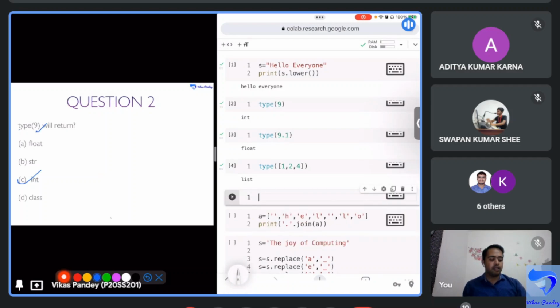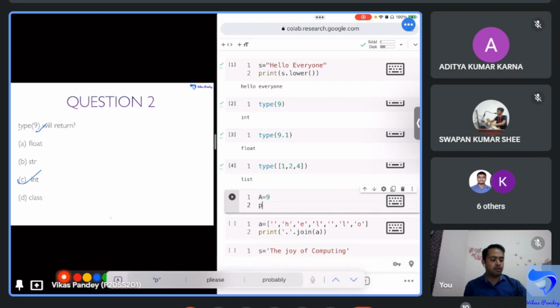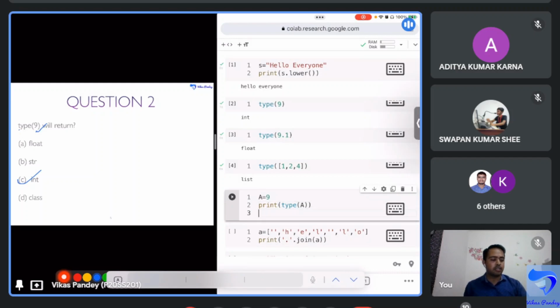Okay. So if I take something like, let's take a variable a equals 9. And then print type here, it will type the class of that, which is int only. Okay. In this case, it is an integer, right? The same variable in the next line, I am changing by putting,